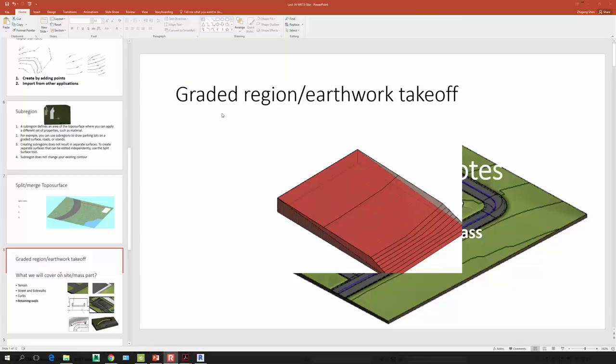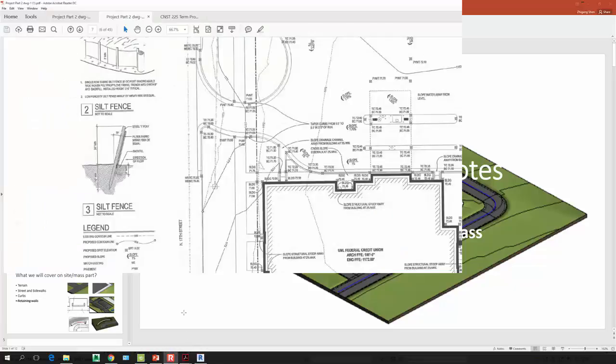So basically, the theory is pretty simple, right? The computer just wants to know what's the existing terrain and what's the new one. To compare the difference, they give you the cut and fill volume. So basically, you have to tell it, okay, here's the existing, and here's the new. If we relate it back to your next project, you can see